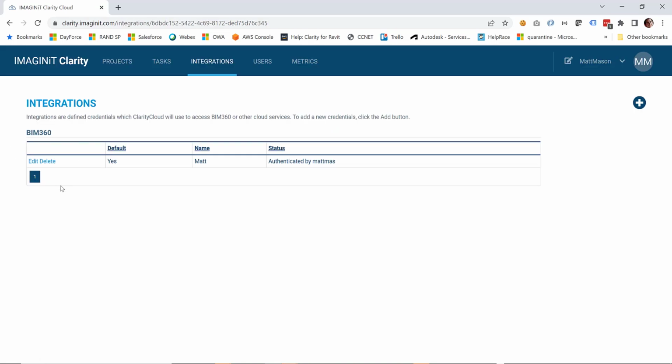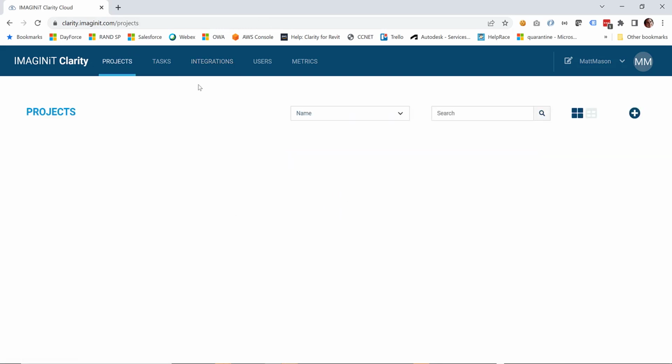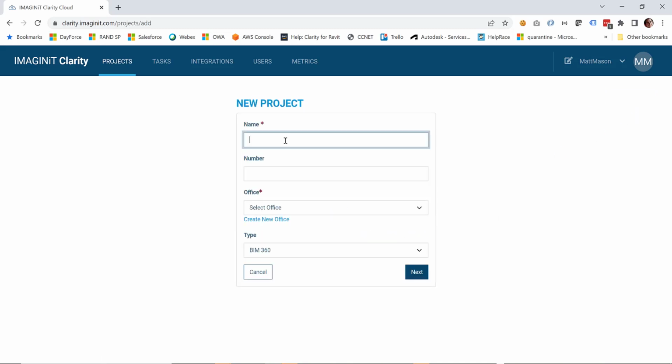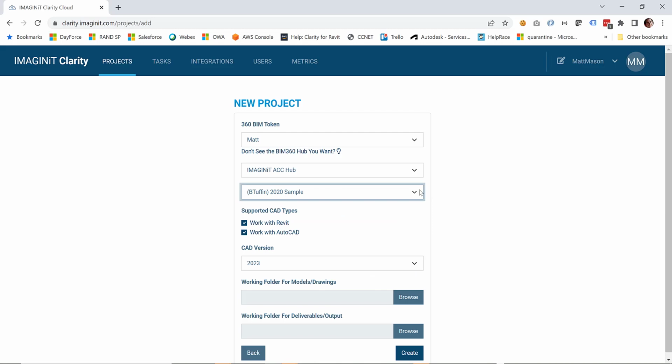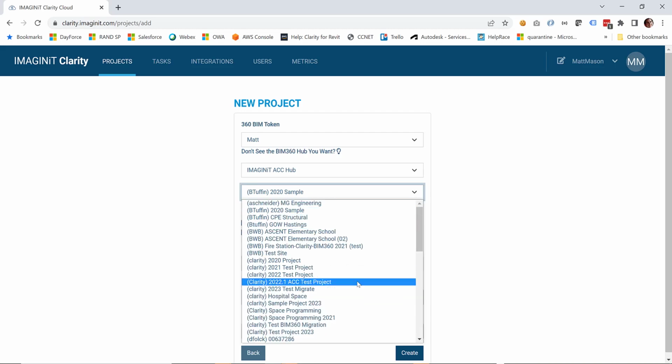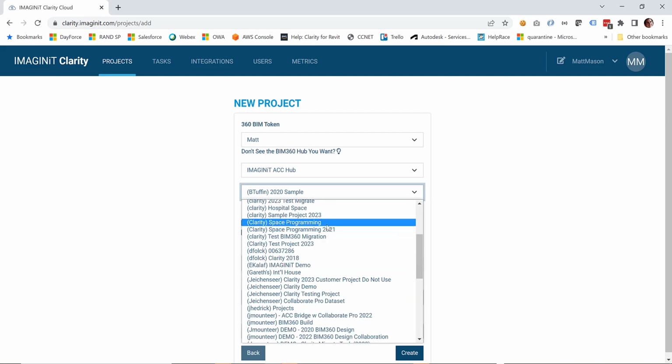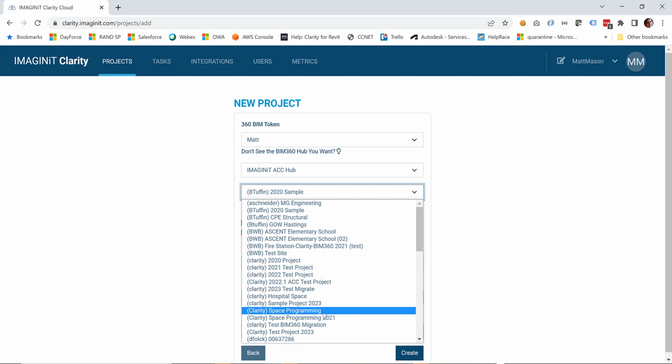You can have more than one set of credentials that are defined and use a different set of credentials on different projects that you set up within Clarity. But I'm going to go back to my project list, and I'm going to go ahead and add my first project. So this is my test project from the Boston office, and it's a BIM 360. So I'm going to go in and pick the project that I want to run. Let's go with